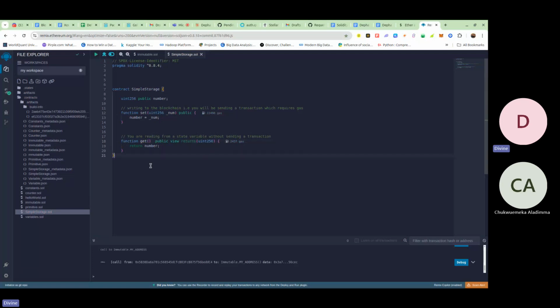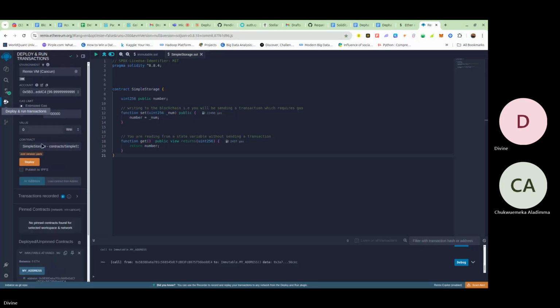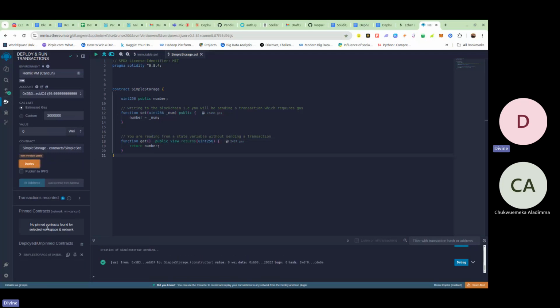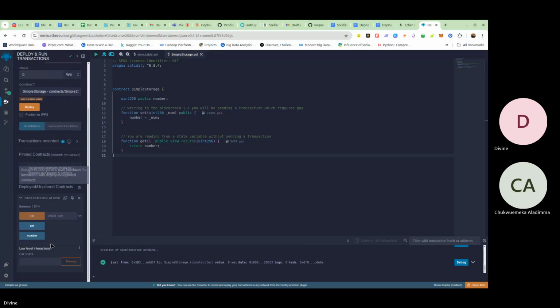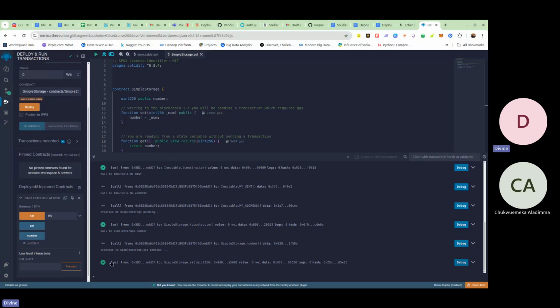But then we've done this. Now let me deploy it. So now if I deploy this contract, you see that if I click number, it is showing 0. Number is 0 here. Now if I set number to like 800 and click on this, I'm sending a transaction. If I open this place here,